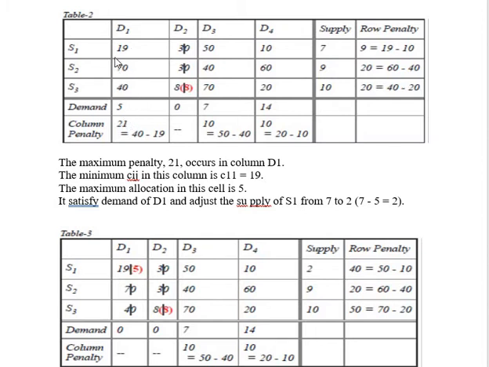as in the previous method, find the minimum of this demand and supply, that is 5, 7. The minimum is 5. The 5 will go to the cell S1 D1. That is the maximum allocation to the cell is 5. It satisfies the demand of D1. Adjust the supply of S1 from 7 to 2. That is the difference